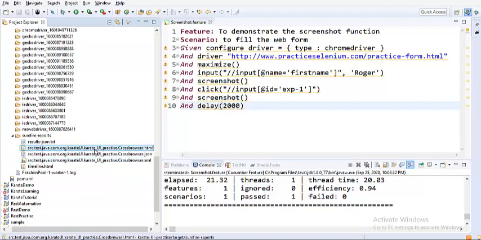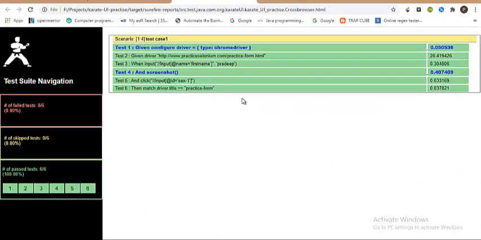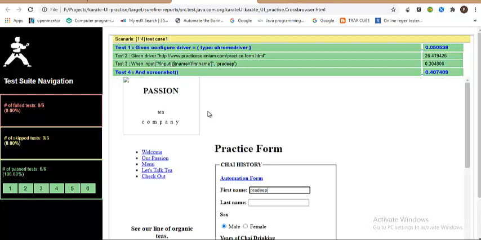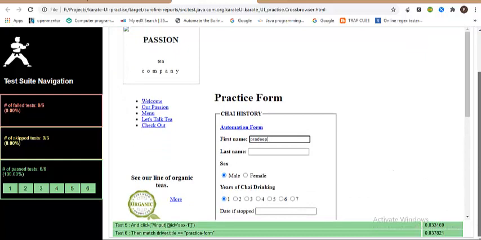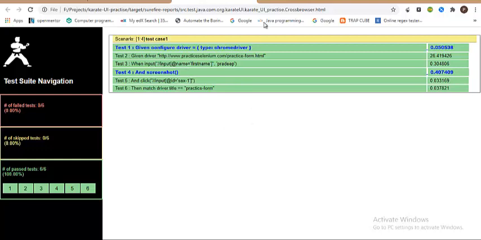So let me just quickly open it with the system editor. Please do not open it in Eclipse, because Eclipse might crash. So always open it with this. And if you see, this is the first step; you have the report on a step-by-step basis. Each step says what action has been performed and how long it has taken. And you see the function screenshot has been applied here. And after sending the keys, it took the information for you. I think, guys, let me just refresh the report, because this is the older report.